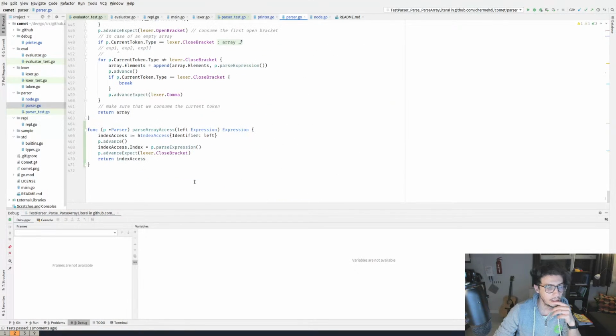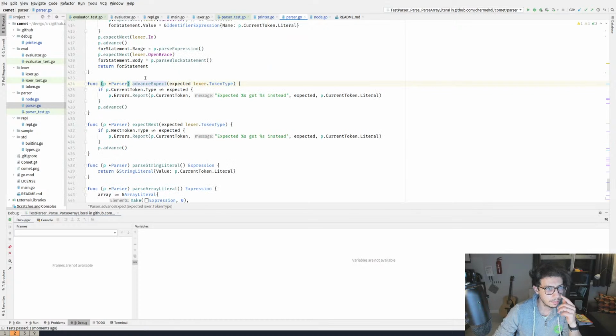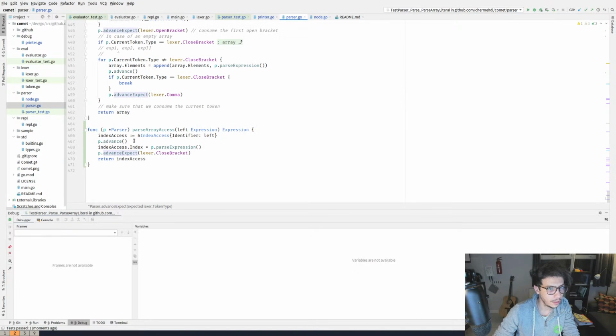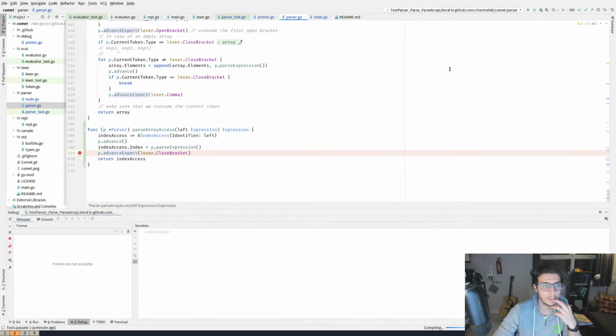So go into the parser again. So advanced and expected the current token to have something. All right, I'm not sure what actually happens here.